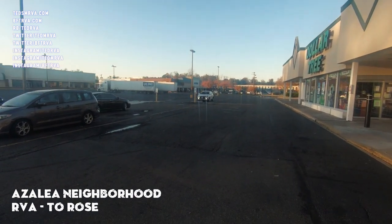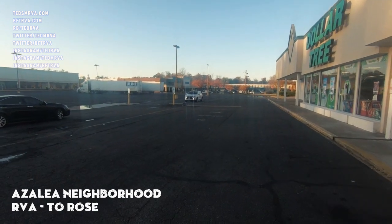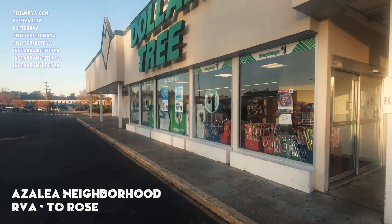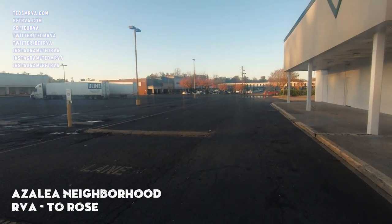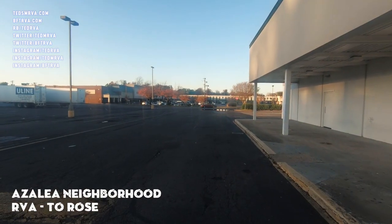And that section over there is a new section. They built that in the 90s, I think, early 90s, and added on to this shopping center. I don't know why, because they didn't really need it. They don't have half this center leased. But I will say, whoever bought this shopping center does keep it up. It's some foreign interest